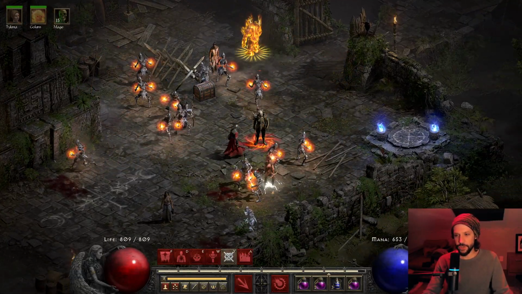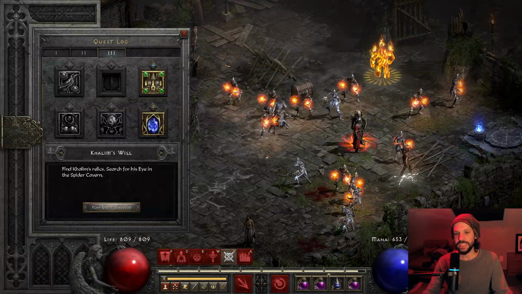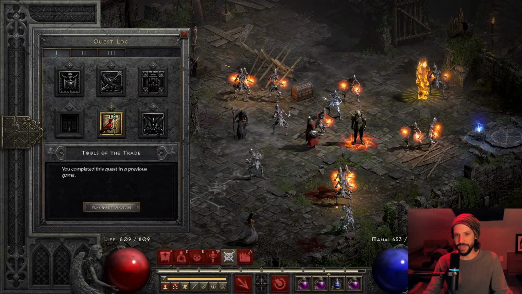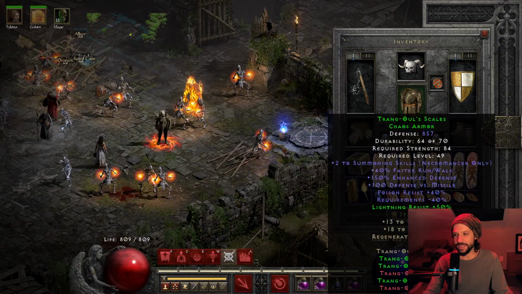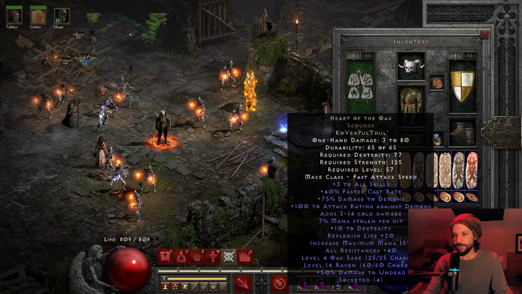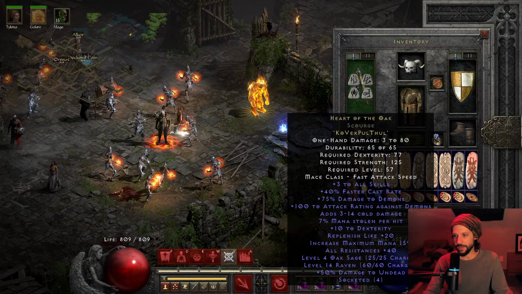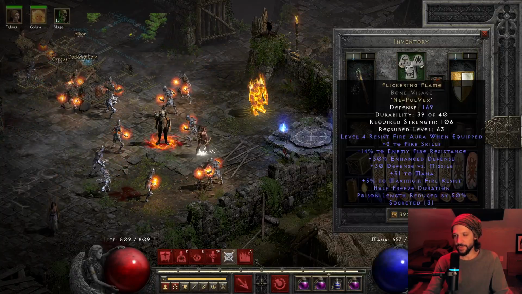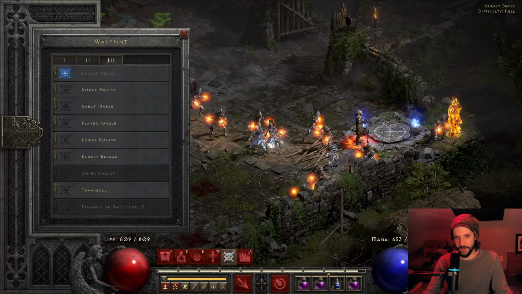Now let me show. I'm only level 78. Okay, and we're steamrolling stuff. I'm in Act 3 now. And yeah, like you can be level, let's see, you can be like level 65 and have this whole build up and running, which is just awesome, you know? So anyway, let's see here. I need to get,